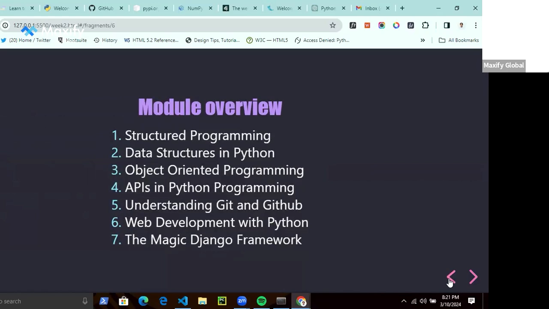So without further ado, I would like to jump into each of these lessons in today's module. First, we'll start with structured programming. The way it's going to work is I'm going to explain some basic theories, and then we move to coding where necessary. We'll keep switching context. Then we're going to be having class works at the end of certain lessons. Over time, we're also going to be having some 5 to 10 minute breaks. So let's just jump into today's lesson.